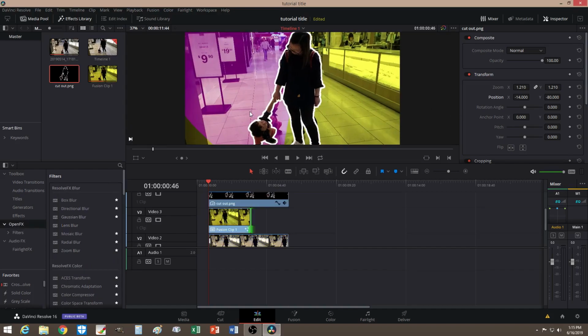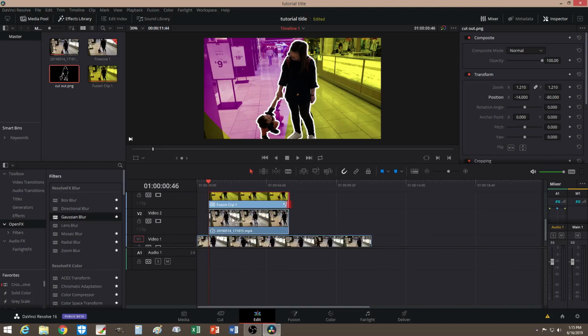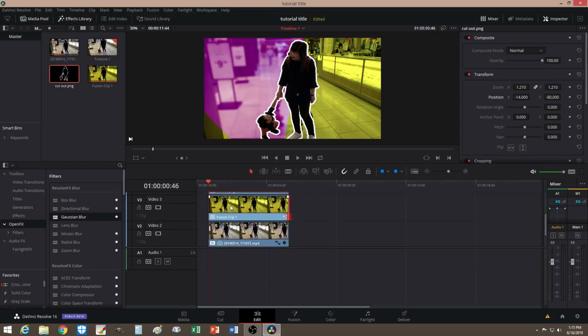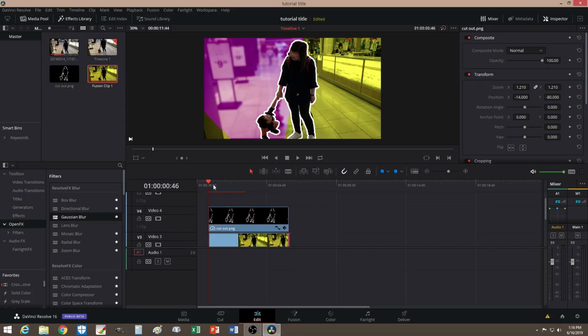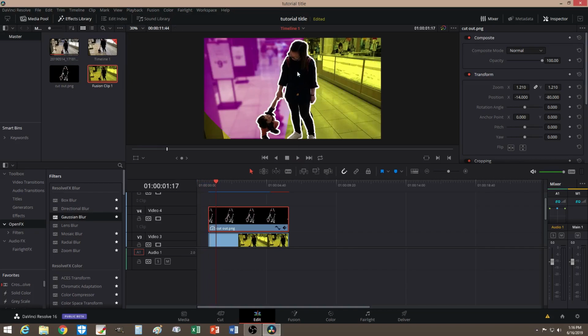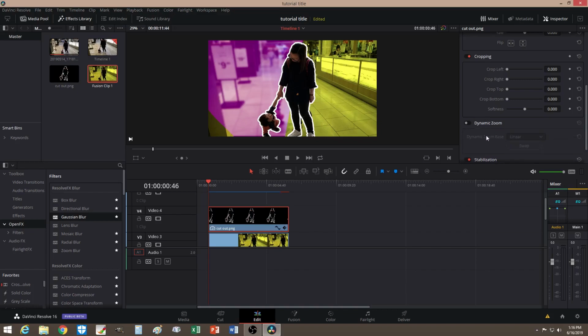Okay, for now you notice the color, we can add a little blur to it. So let's just drag the effect into, there you go. Now you have a little blur right here. Okay, now all you have to do is just animate the popped up. So for here, let's just say you're happy with the position you like right here. So you come down and you're happy with the popped up that you like for here, and you decide to make it move a little bit. All you have to do is just go down to this part here, dynamic zoom, open it up, just click it. So now you notice